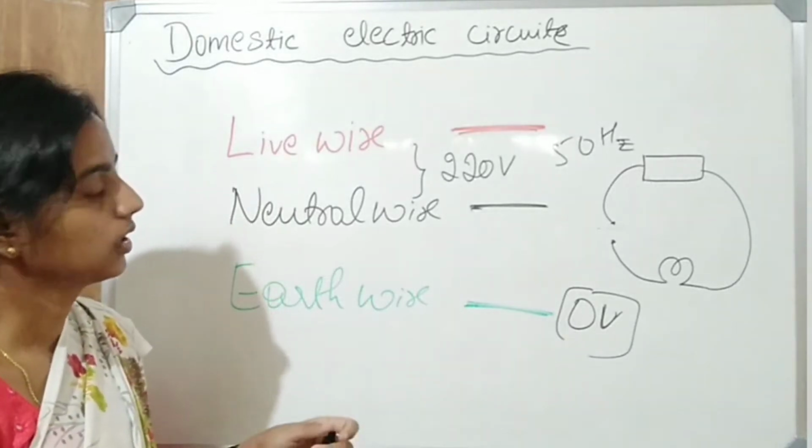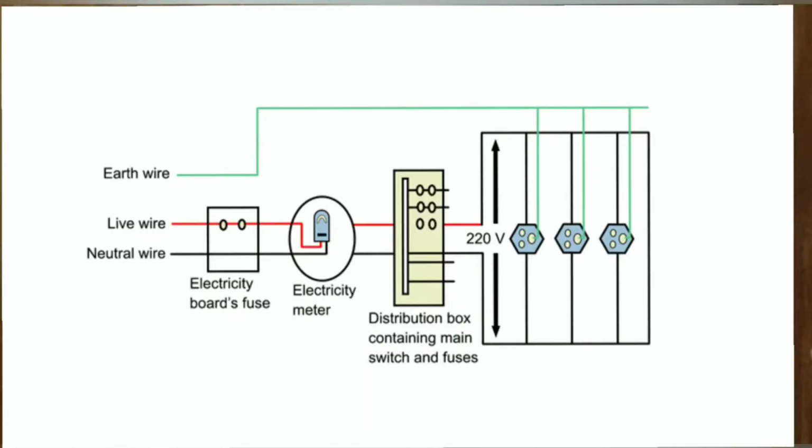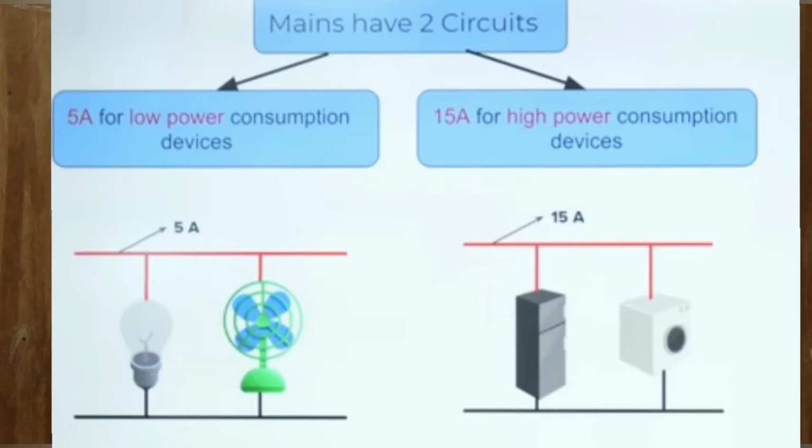As I told, look at this diagram. At the meter board in a house, this wire passes into the electric meter through the main fuse. Through the main switch, they are connected to the line wires in the house. Those wires supply electricity to separate circuits within the house. So this is how the electric connection happens.